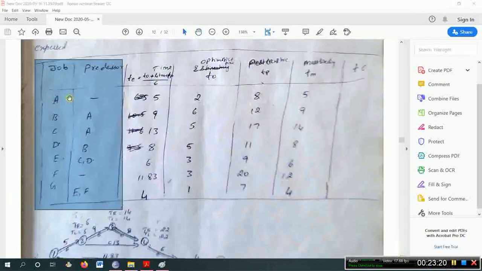Next, sometimes, we need to learn how to construct the network differently. As I explained previously, they have given activities like 1 to 2, and in that case you learned how to construct the network. This is one more case they will give, in a question format like this. So job and predecessor, these are all the activities they have given. Predecessor means the activity behind. So after completing these activities, this has to start. Let us learn how to construct the network for this type of data.